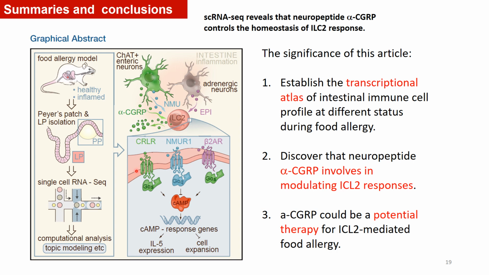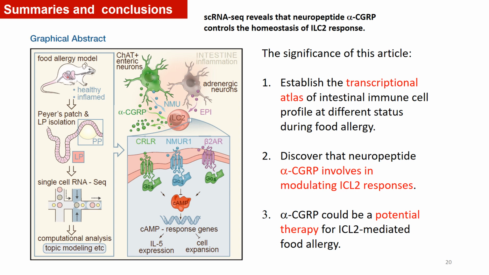And in ILC2, the plasma membrane has a G protein coupled receptor that can respond to alpha-CGRP, and through this G protein coupled receptor, they control the cyclic AMP level, where the cyclic AMP response genes then control the expression of IL-5 and inhibit the cell expansion of ILC2. And the significance of this article is that the authors have established a transcriptional atlas of intestinal immune